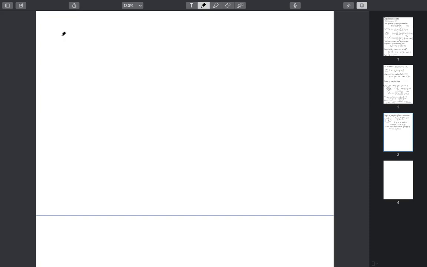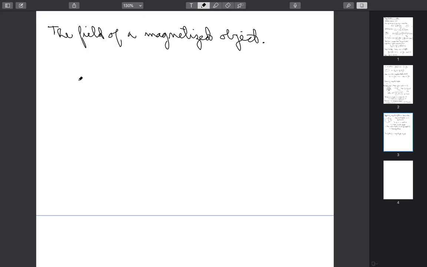So what I want to start with today is a description of the field coming from a magnetized object. So the field of a magnetized object. Okay, so how do we want to proceed? Well, for a single dipole